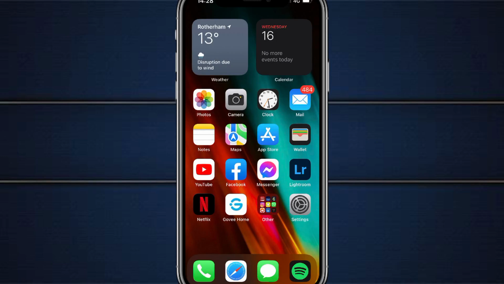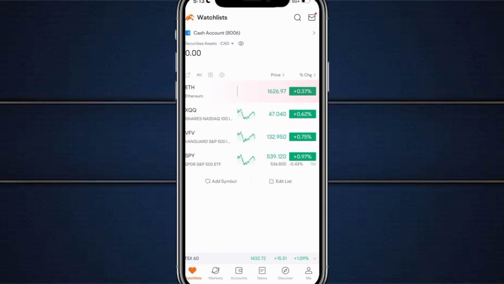In this video, I'll guide you through how to buy Tesla stock on Moomoo. If you're looking to make an investment in Tesla, one of the most well-known electric vehicle companies, Moomoo provides a seamless platform for you to do just that. Whether you're a seasoned investor or just starting out, I'll take you step by step through the process to ensure